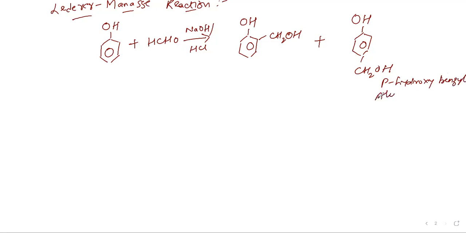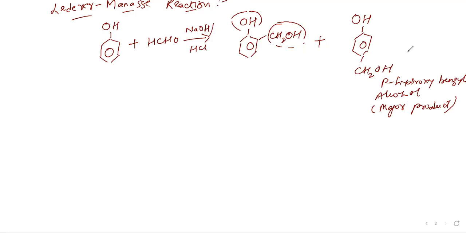P-hydroxybenzyl alcohol, right, which is the major product of the reaction, right? And why is the ortho isomer not the major product? Possibly due to crowding, because you have OH and CH2OH close to one another. So this will lead to steric hindrance, right? And crowding occurs. Due to crowding, you have steric hindrance. So this would be less stable, right?